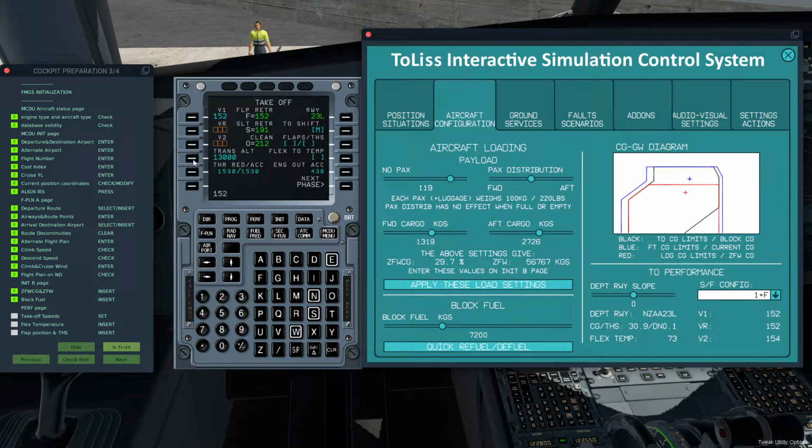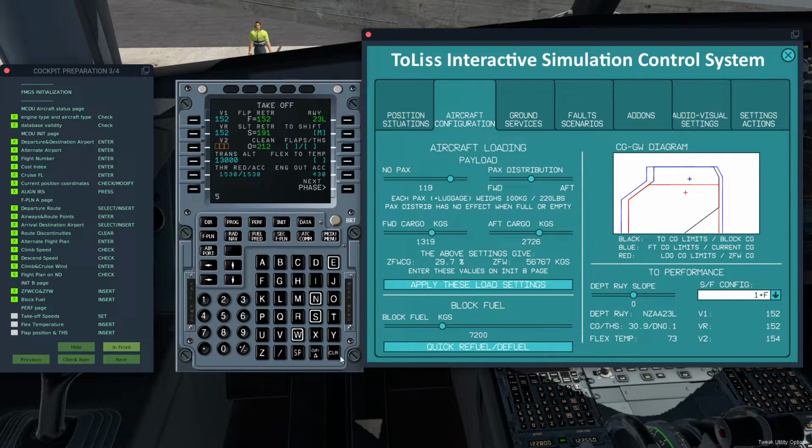and then 152 for our VR, and then 154 for, okay, clear. We'll clear that message. Okay, so takeoff speeds have been set. Flex temperature is going to be 73, so we can throw that into our information right here. Flaps are down 0.1, so we go ahead and, hold on, flaps is 1,